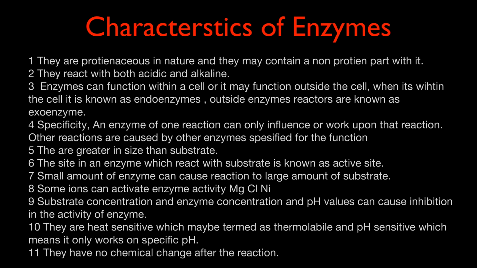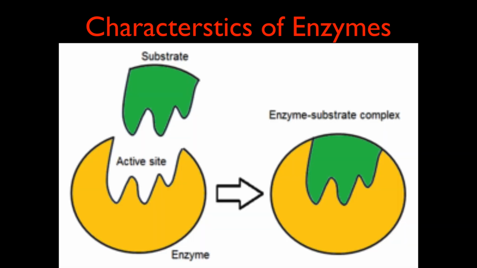And the enzymes are larger in size than the substrate. Point number 5. Now here substrate is used for the reactants on which the enzyme works. So from now onwards I will use substrate instead of reactants. The site in an enzyme which reacts with the substrate is known as the active site. Now the enzymes have a depression in them, in which the substrate bonds with it and forms the complex which helps speed up the reaction, and that site, that depression, is known as the active site